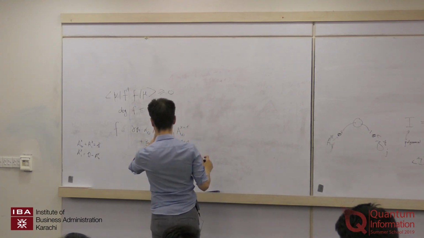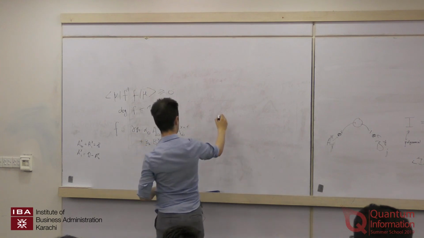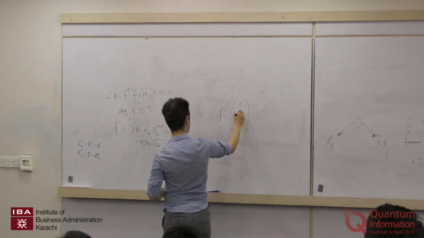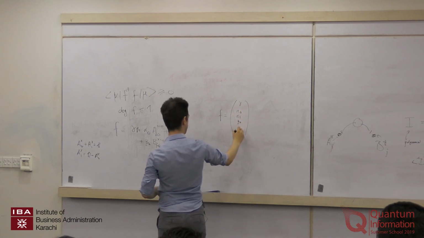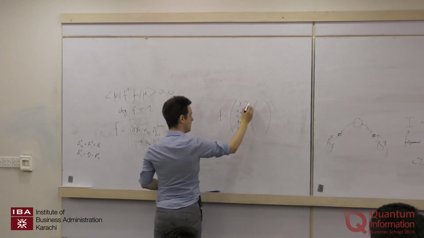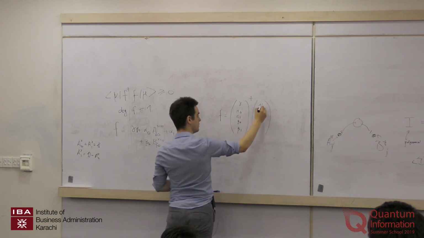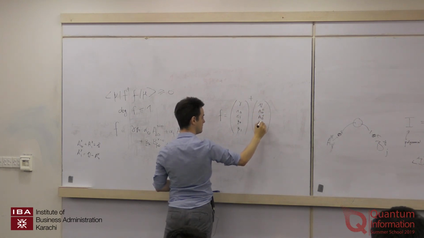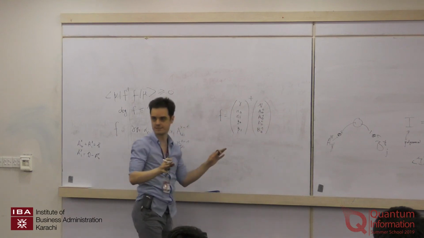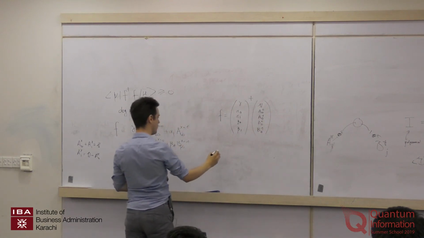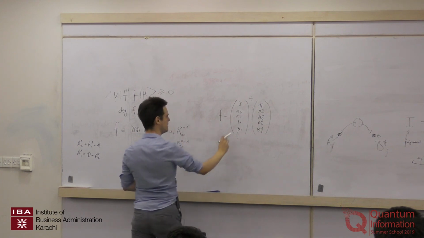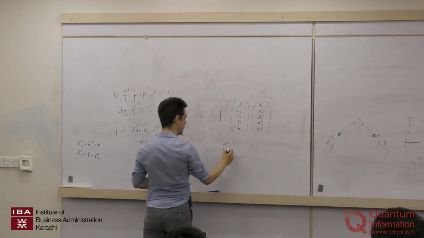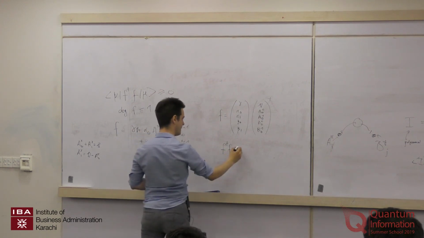So the thing is, now I will write f in a slightly different way. I have the coefficient gamma, I have the coefficient alpha 0, alpha 1, beta 0, beta 1. I will put a dagger here, and I put operators in the middle: A0,0, A0,1, B0,0, B0,1. That's exactly the same thing. And now if I write, okay, wait a minute, no, I put the dagger on the right because it's nicer for the product that I want to do. If I write now f dagger f, I have,